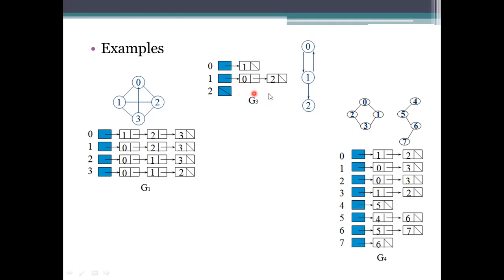It did not connect to any node. What are the edges of this node 2? Simply it is 0, so this is null. Null is specifying the outlinks, not the inlinks here.